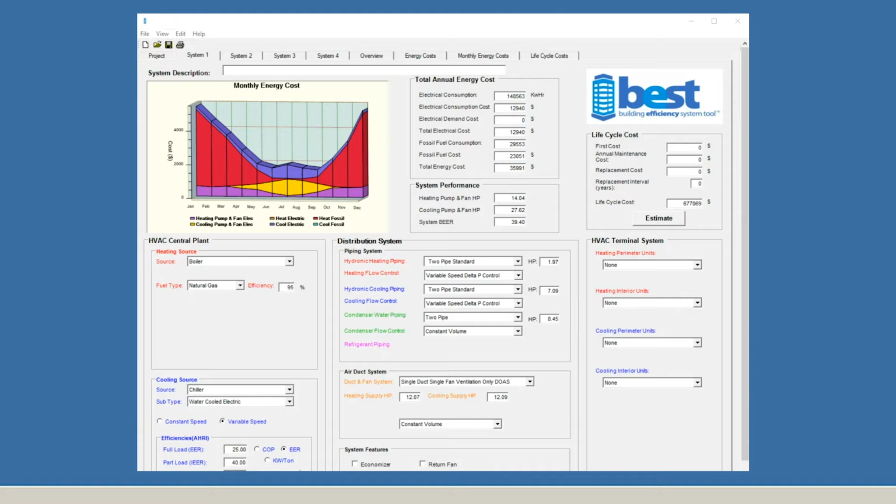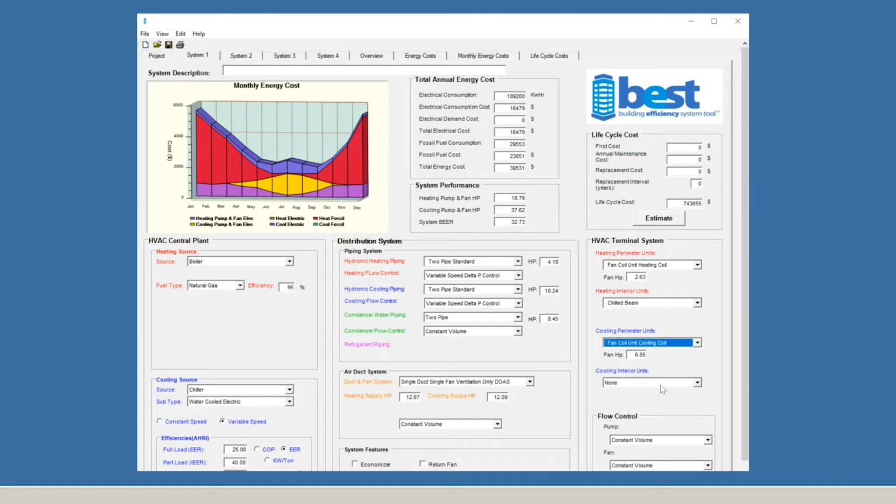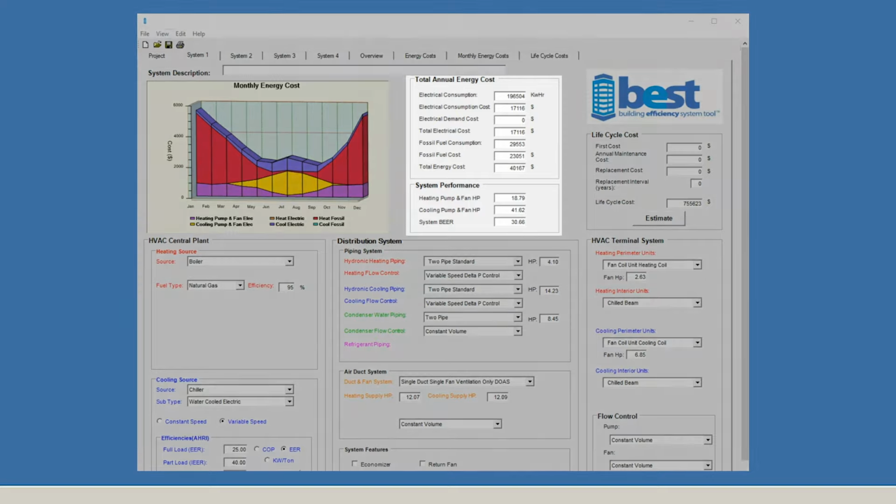Now, we'll move to the right to choose our terminal units. We'll choose fan coil unit for the perimeter and chilled beam for the interior. For this example, we'll choose the same parameters for our cooling system. Now that we've entered our system parameters, we can see the data fields up above the 3 columns have been populated with results. We can see the estimated electrical consumption, estimated fossil fuel consumption, and estimated electrical fuel and energy